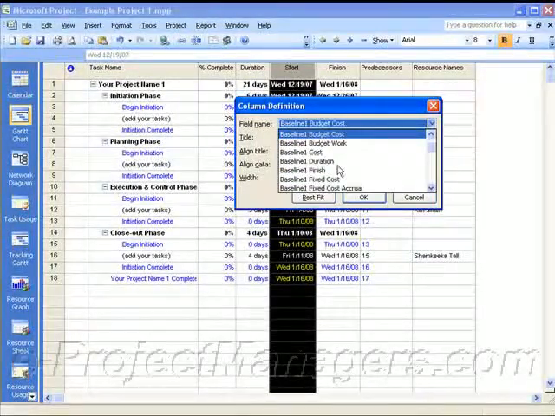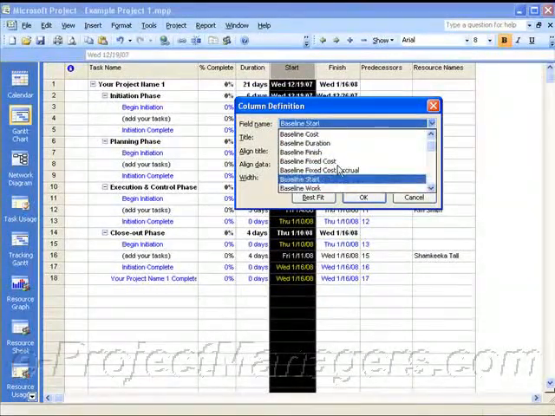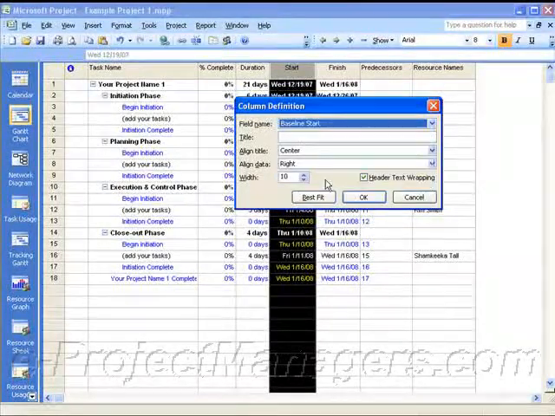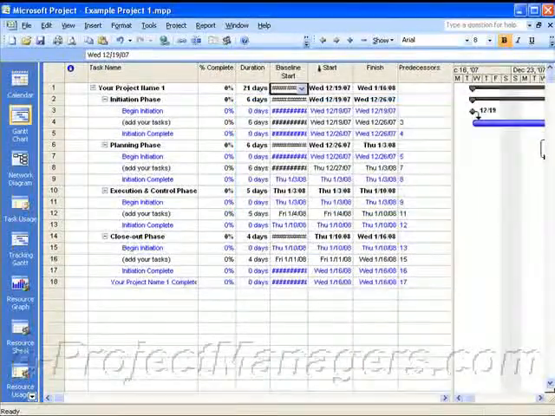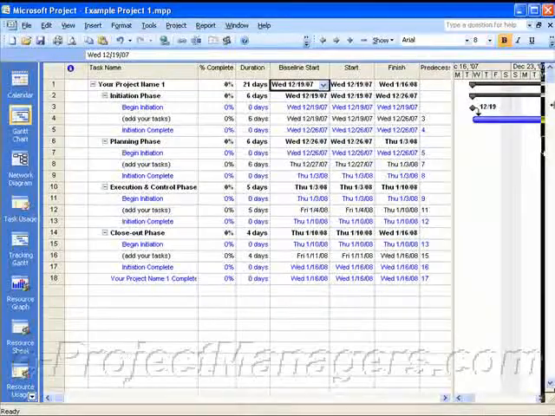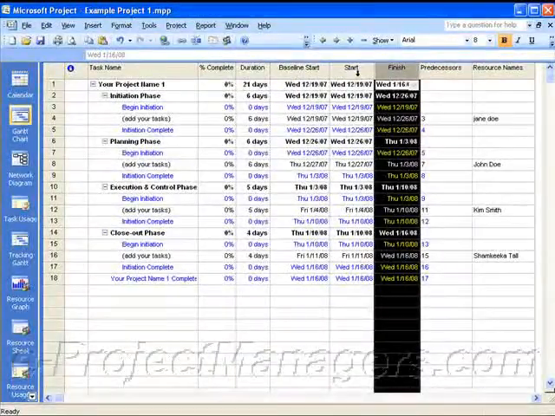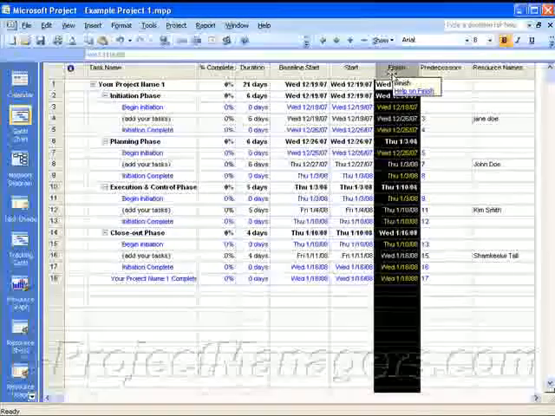So we're going to go ahead and just select simply the baseline start. Let me see if I can find that here. Here we go, baseline start. And I'll leave the title as default, so I'm not going to type anything there. Click on OK. So here's the baseline start. And personally, I like to put my baseline columns next to the actual column. So I'm going to click on Finish, and then